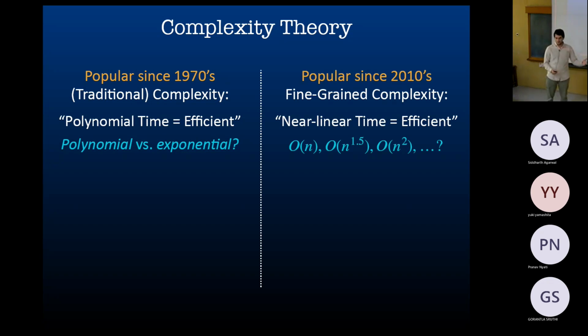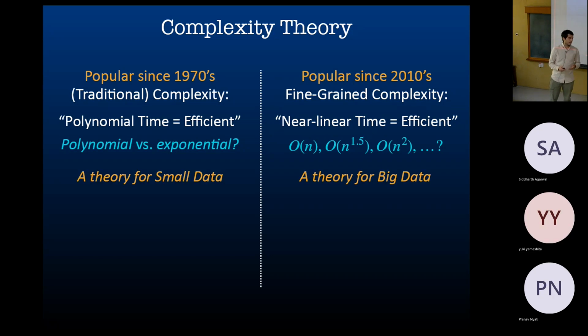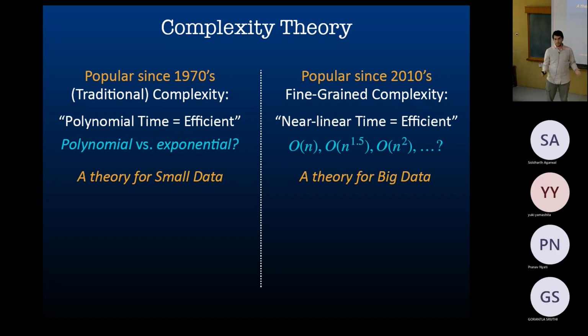And fine-grained complexity is a more modern theory. Having a polynomial time algorithm is not enough. We want to know exactly what the polynomial in the running time is. So is it n, linear, or is it n squared, quadratic, or what is it more precisely? And the thinking now is that what it really means to be efficient for us is near linear running time. This is partly motivated by big data. Data is growing. Maybe in the past n squared or n cubed was fine, but now it could be inefficient. It's a more modern complexity theory.